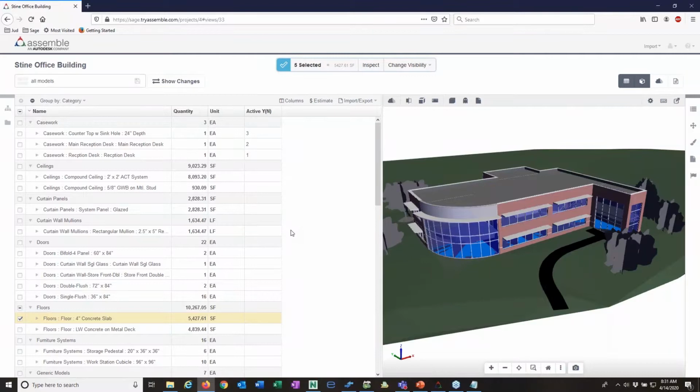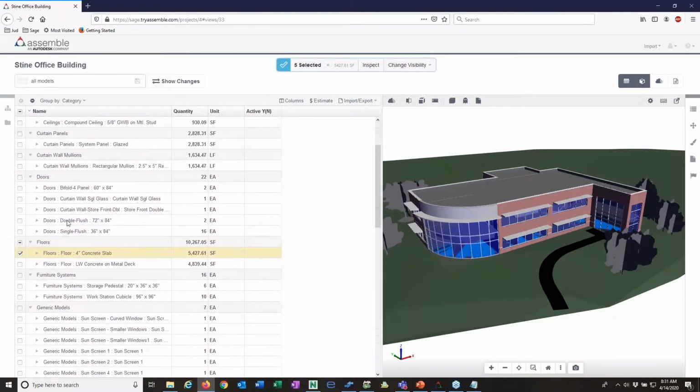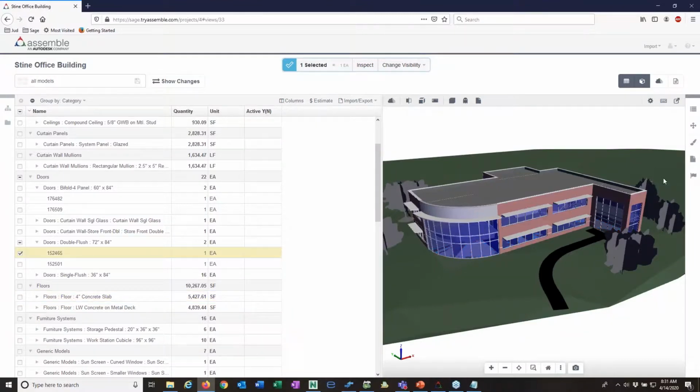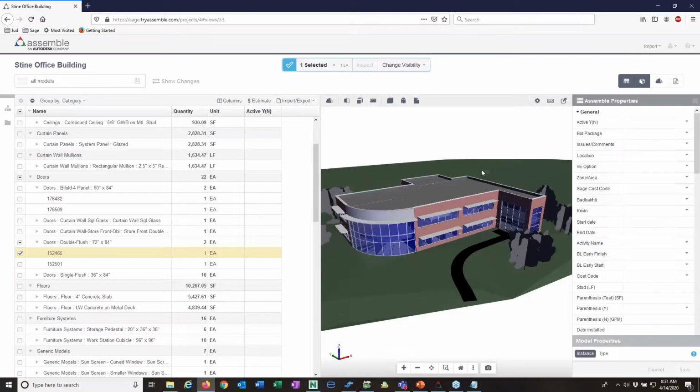is its ability to condition the model. And so if I come over here to doors, and I look at, I think I want to look at, maybe it's these. If I look at this door here, there are properties here, just like we had properties in Navisworks, but in Assemble, we can create our own properties. And we can start to work with those properties. And so here are our properties. These are Assemble properties here. And then I also have,